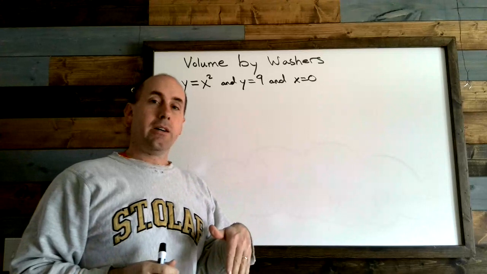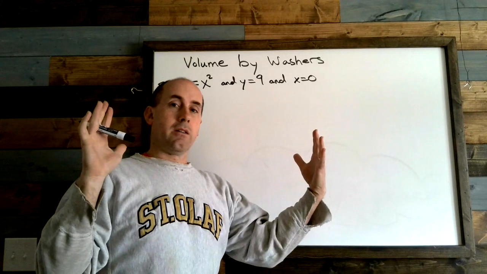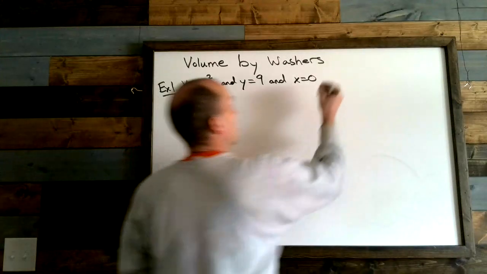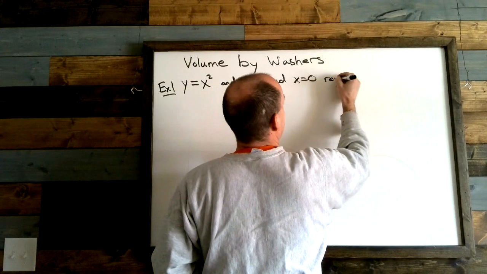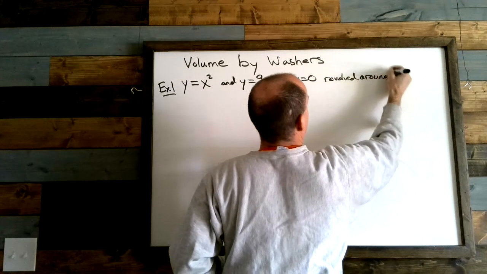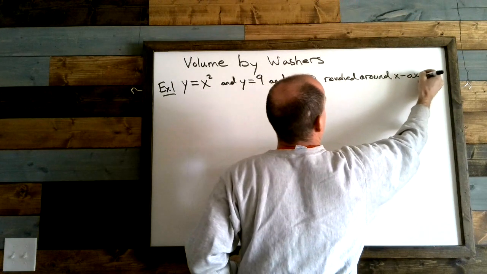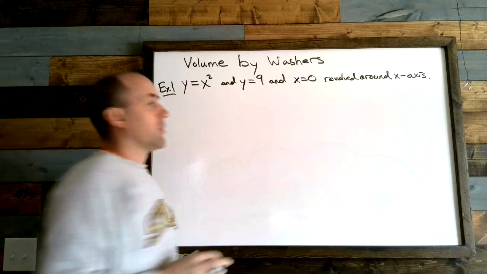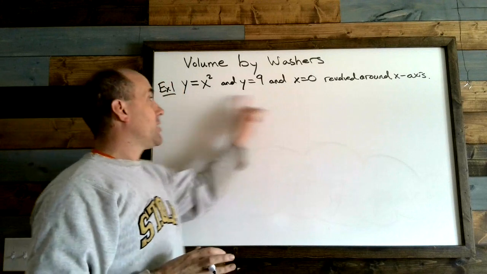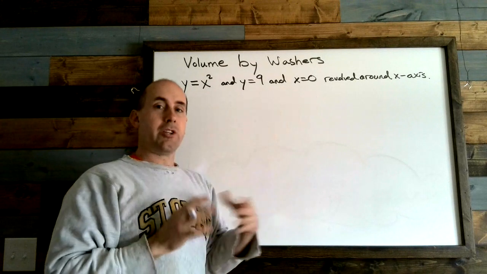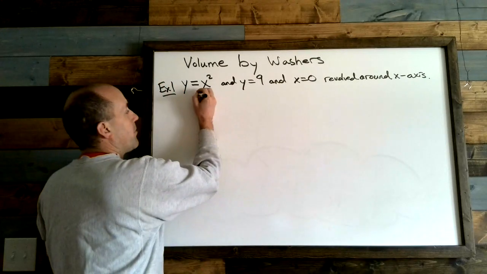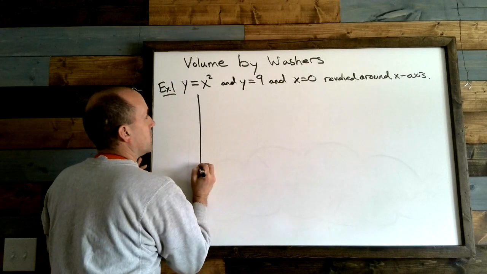The area that is enclosed by those three revolved around the x-axis. So the question is, what is the volume of that shaded region when we revolve it around the x-axis? So if we draw a picture of this,